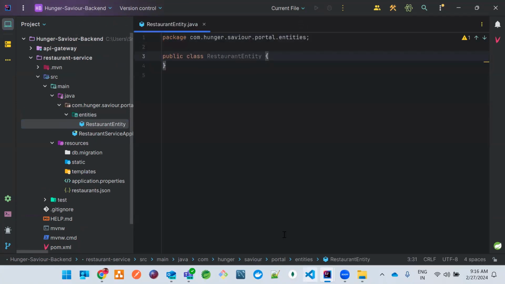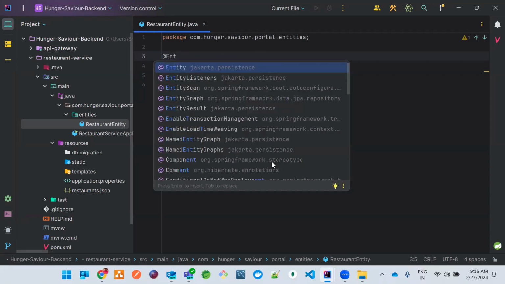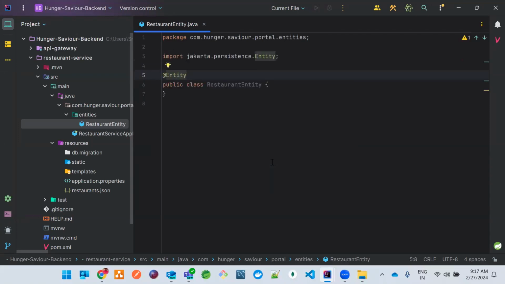So right now, if you see our Angular application, we are getting all the restaurants and showing it on the UI from a file, right? We need to show that from the database. So we'll see all those steps in one single place. So I'll just use Jakarta persistence Entity so that this will be marked for database connectivity to the persistence context. And then @Table,